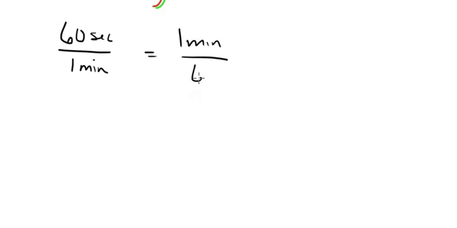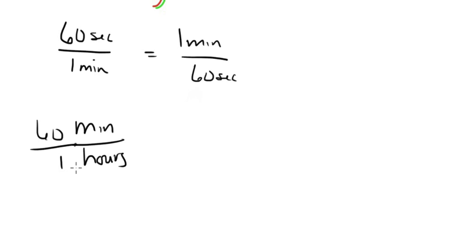Okay? What you need to understand is that I can say that 60 seconds is the same thing as 1 minute. Okay? Would you agree with that? I can also say that 1 minute is equal to 60 seconds. It's the same thing. Okay? I can also say that there's a relationship between minutes and hours that I'm familiar with. I know that there are 60 minutes in 1 hour. Okay? I know that there are 7 days in 1 week. These are all things I know, and they're unit multipliers.